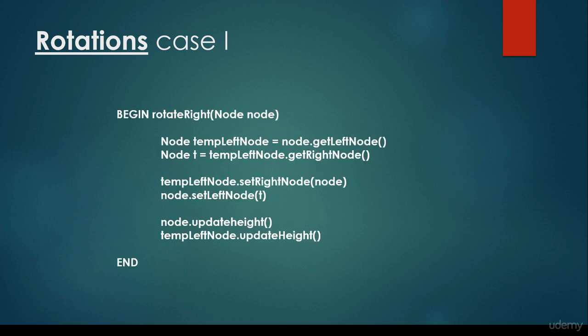Okay, so what about the source code? Basically, this rotate right is quite easy to implement. We just have to update the references. We create a temporary left node, so we get the root node basically as a parameter, this node. We get the left node and we store it in a temporary left node variable. We get another node, the so-called T. It is the temp left node's getRight node. And the temp left node.setRight node is basically when we make the left child of the root node to be